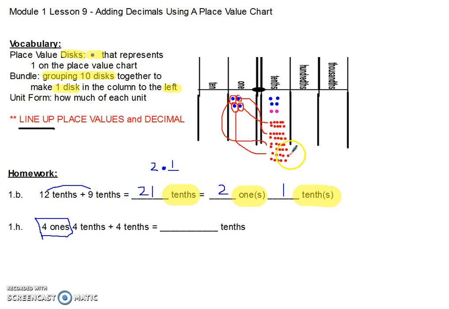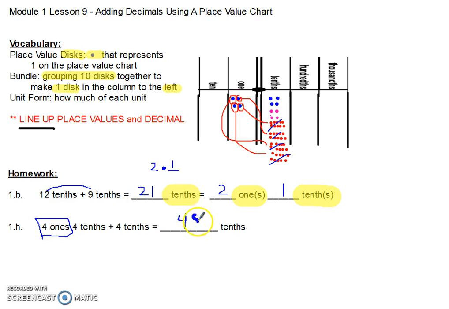I know each of these is 10, so I can say 10, 20, 30, 40, 41, 42, 43, 44, 45, 46. So 4 ones and 4 tenths. Oh, I made a mistake. This one should have been 4 also. So you always check your work. So I should have 4